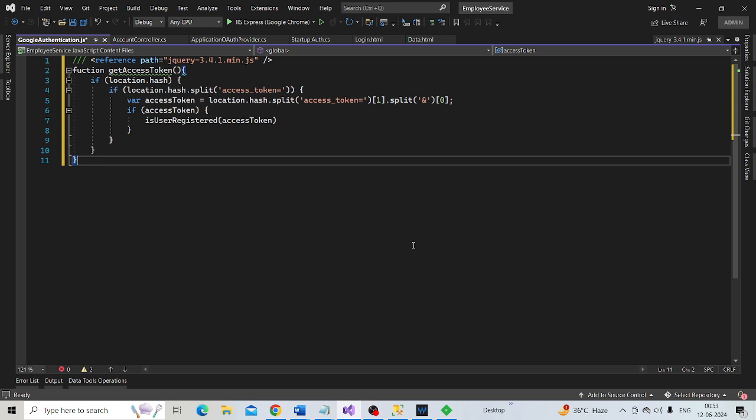To this function we are also passing the access token. So the first thing that we want to do here is issue an AJAX call.